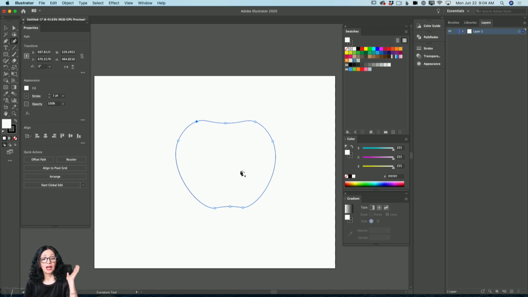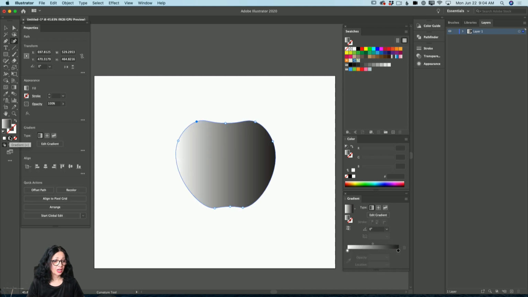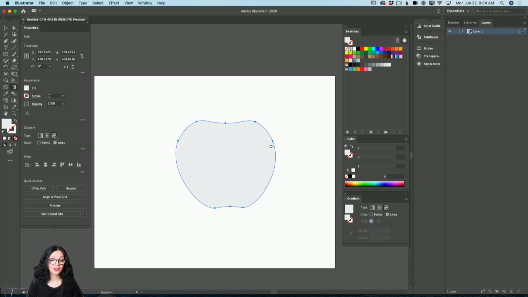It's up to you. And what I would like to do, I would like to specify that I don't need stroke in my shape. And because we are talking about freeform gradient, we will apply freeform gradient to our apple. I will click on a gradient tool, just like that, gradient fill. And in gradient menu, I will specify that, Illustrator, I would like to use freeform gradient. So I will click on freeform gradient, just like that. And as you can see, Illustrator creates a gradient